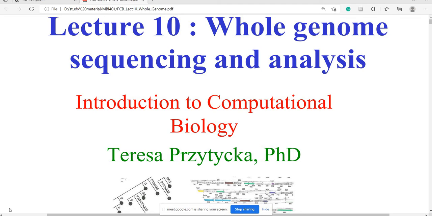But what is the whole genome? Within the whole genome, we have to consider the whole DNA, meaning non-coding DNA as well as coding DNA. So we will also include the junk DNA or intronic DNA. It consists of introns and exons. So there are some features of the genome like introns, exons, promoters, and various types of DNA.